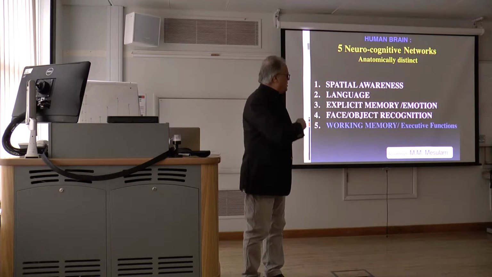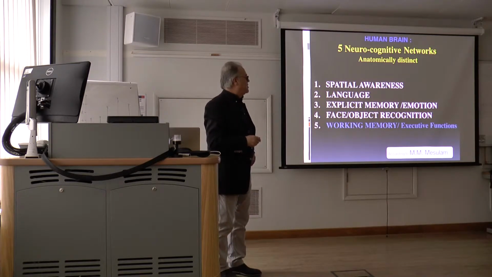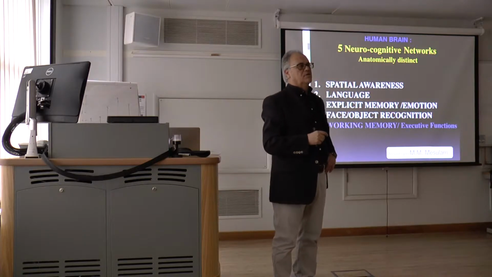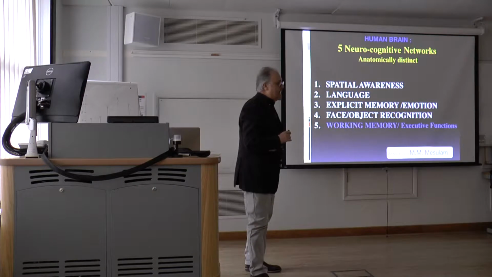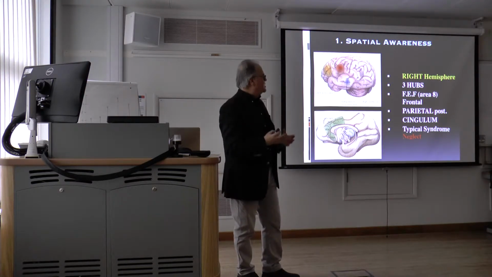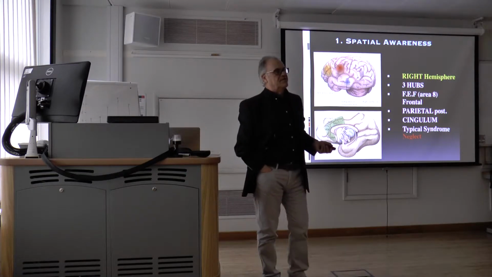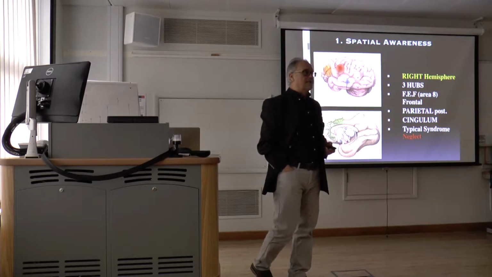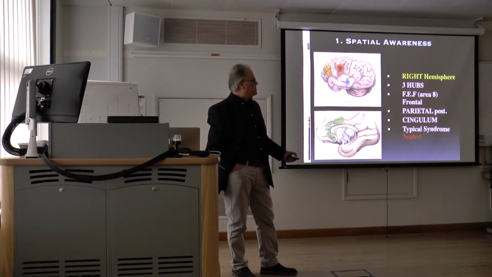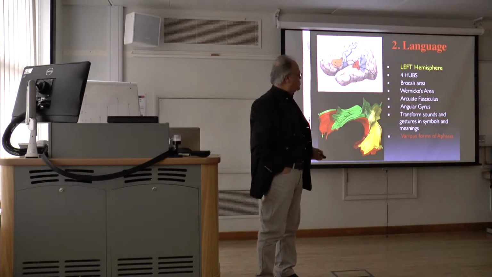This is to remind you briefly about what Marcel Mesulam was writing a few years ago about the five neurocognitive networks, which are anatomically distinct one from the other, and each of these networks has a specific side of the brain, maybe. We can make a difference between the spatial awareness system, I don't say more because of time, which could be, relatively speaking, more localized in the right hemisphere with the main hubs in the frontal, parietal, and cingulate areas, but basically the major syndrome which relates to spatial awareness disturbances could be considered the neglect, or the language that you know so much about,